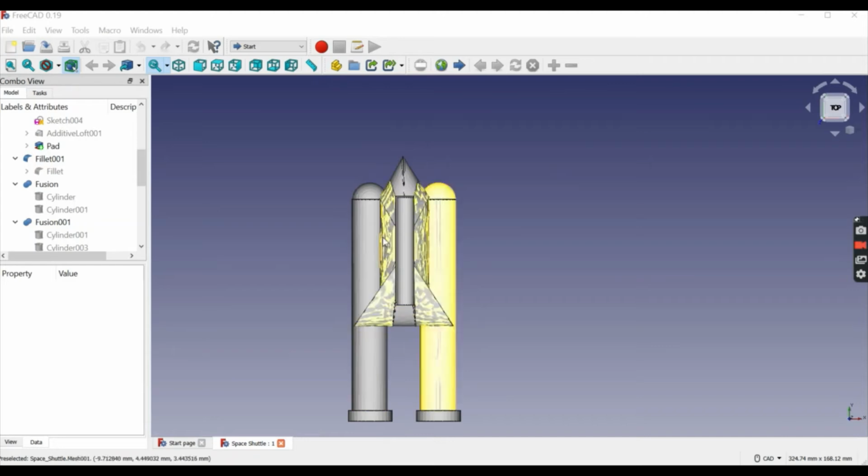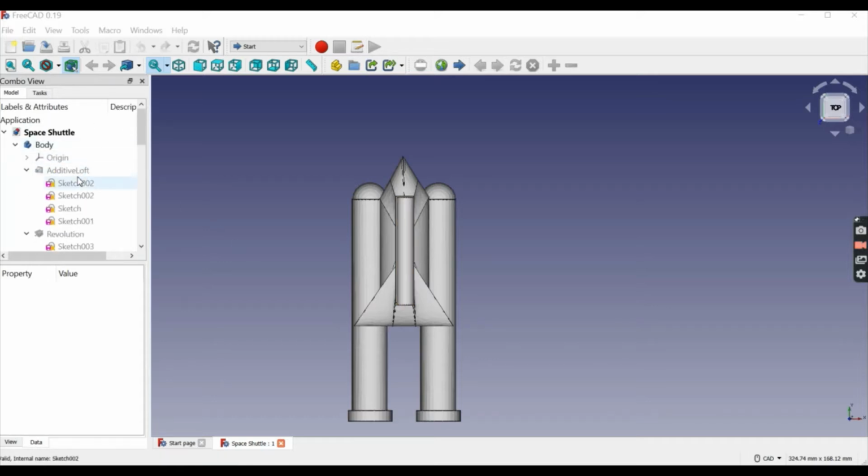For preparing the space shuttle, I have created three two-dimensional sketches for the top, for the bottom, and for the middle. Then I used the additive loft feature of FreeCAD to give it a three-dimensional look. For the cylindrical propellants, I created first a two-dimensional rectangle and then used the revolve feature of FreeCAD to give